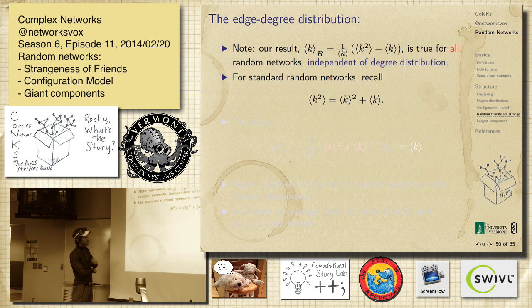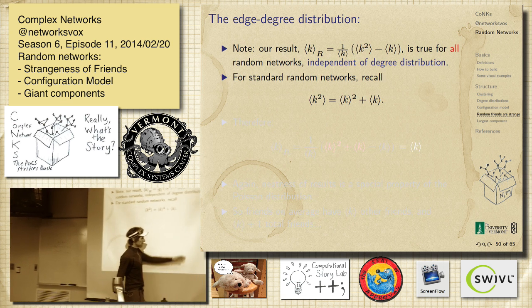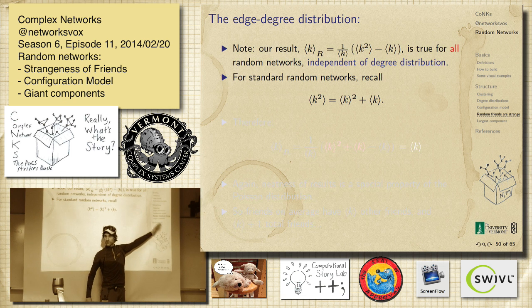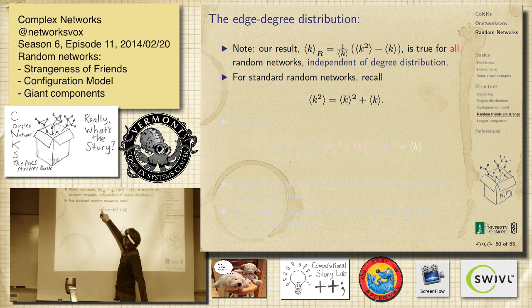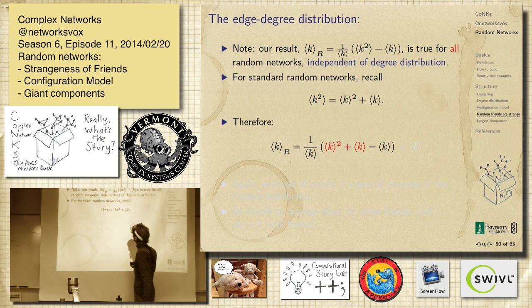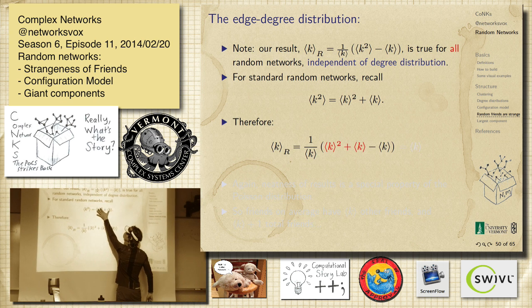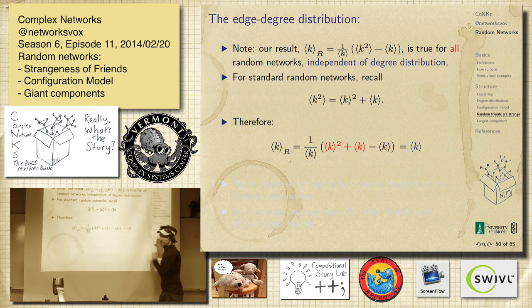But let's just go back to these ones that dominate the story if we're choosing from mathematicians' heads, right? The Poisson distributions. We had this quirky result that the second moment is the first moment squared plus the first moment. So we're going to stick that in there, and you can see some things are going to happen, right? Okay, so this goes boom. The second moment gets replaced with what we find explicitly just for Poisson degree distributions, not true in general. These guys are going to cancel, and then we have the mean squared over the mean. Cancel, cancel. Just the mean.